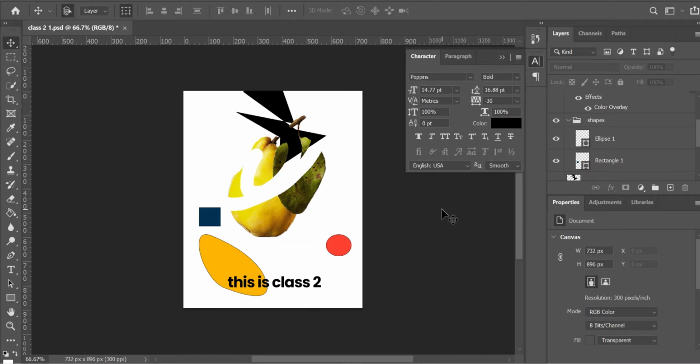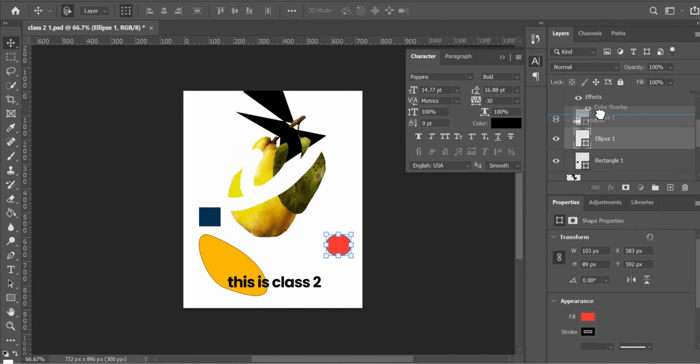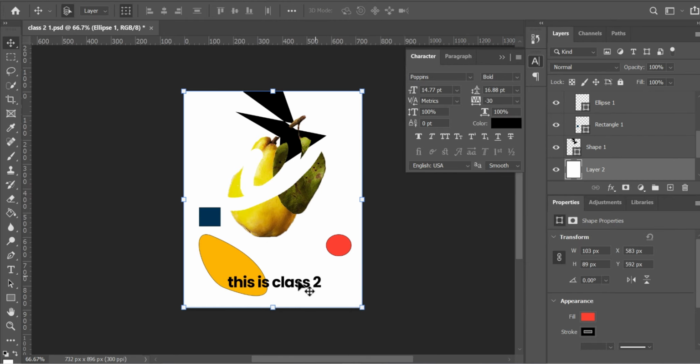It helps when you're doing complex designs. Maybe you have so many texts in different places, they are all arranged in one particular format. You can merge them together to be able to have them together and move them at the same time. You can also link layers to each other and move together. So now for merging, let's say I want to merge this text